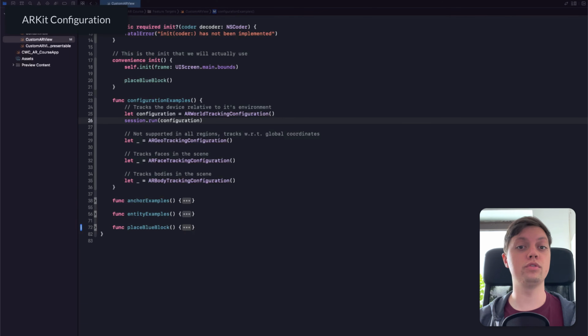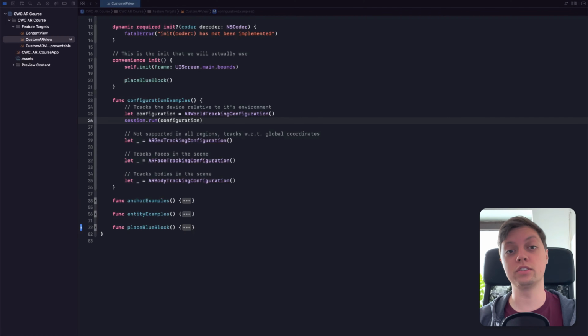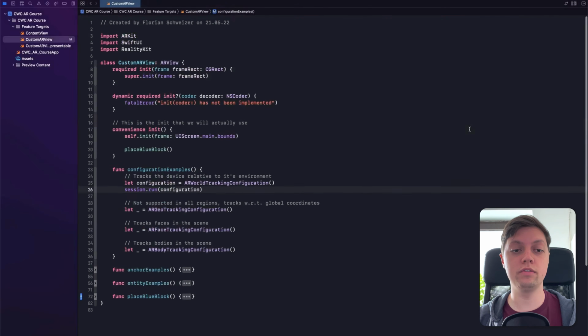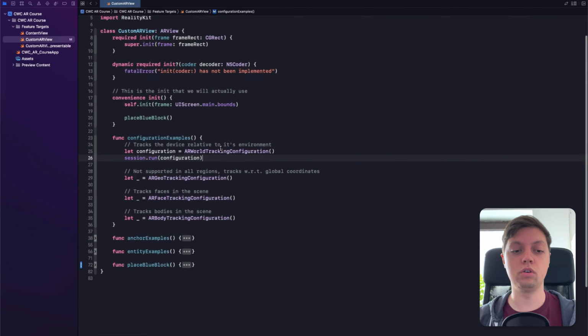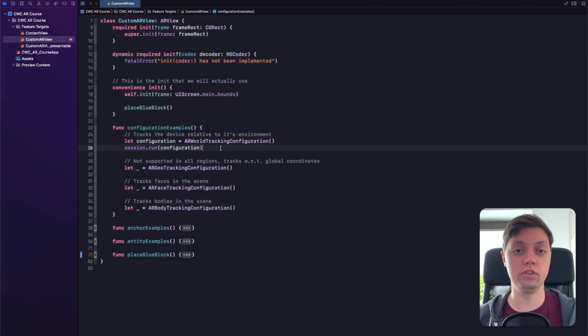So first of all, before you can place any content in your scene, you need to run an AR configuration. There are a bunch of different ones, and I've already prepared some example code here. You will want to create this configuration, for example, in the initializer of your AR view. Now with our architecture, we're not using the AR view directly because we have created a custom AR view which inherits from AR view. So in its initializer, you would create a configuration and then always call